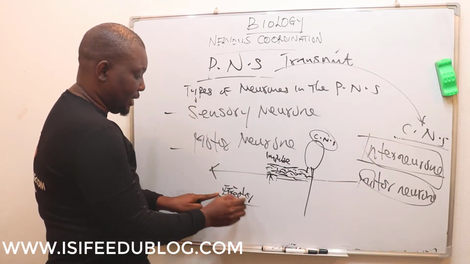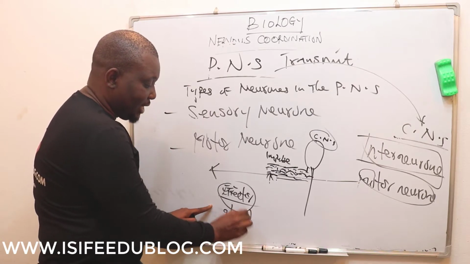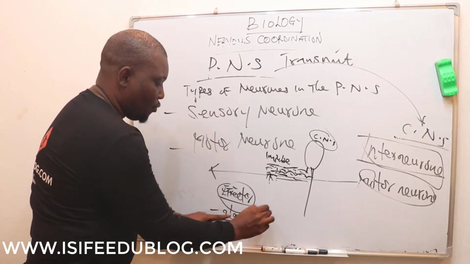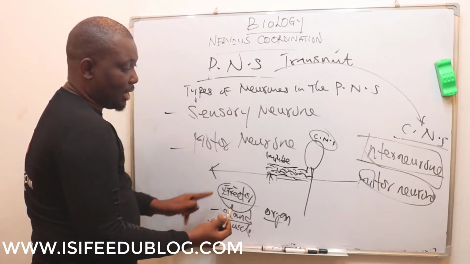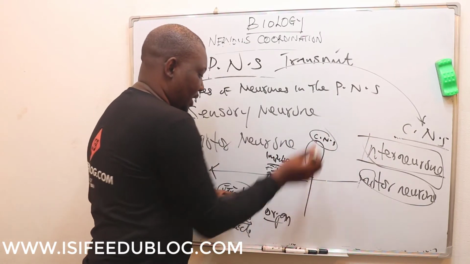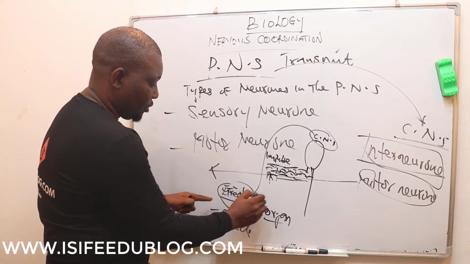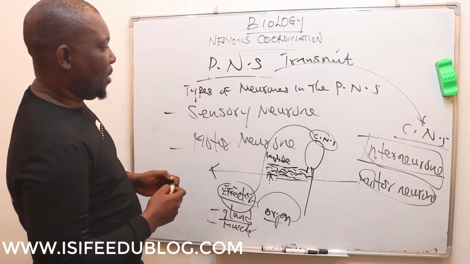This target organ is called what? The effector, which could be a gland, a muscle, or what? An organ. These are the three things through which motor neurons bring impulses from the CNS to affect: effector glands, effector muscles, or what? Organs. Now, basically,